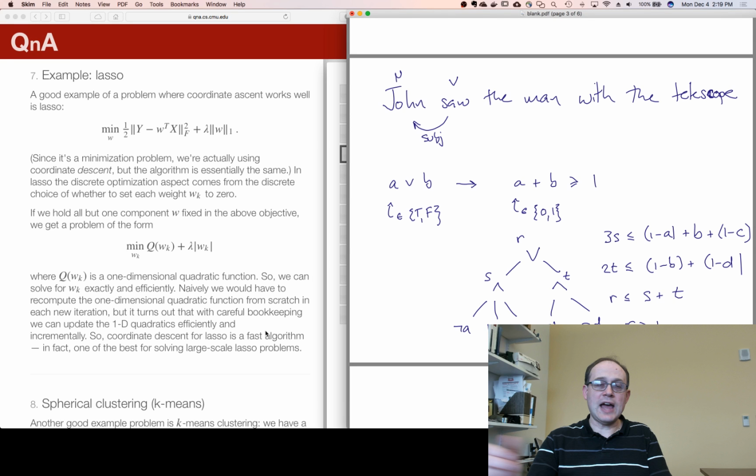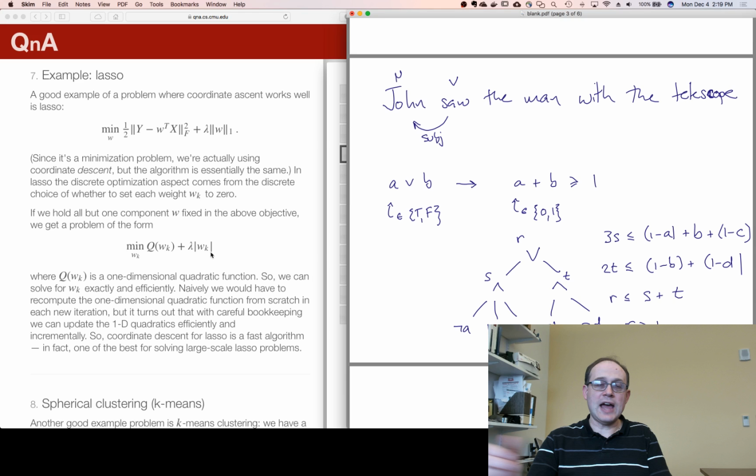And so the way that would work is that you repeatedly pick a component of your weight vector and you optimize your objective function with respect to that component. So your objective function has a quadratic term and then an absolute value term. And so when you specify to a single component of your weight vector, you'd have a one-dimensional quadratic and an absolute value term. Turns out that you can effectively check all three